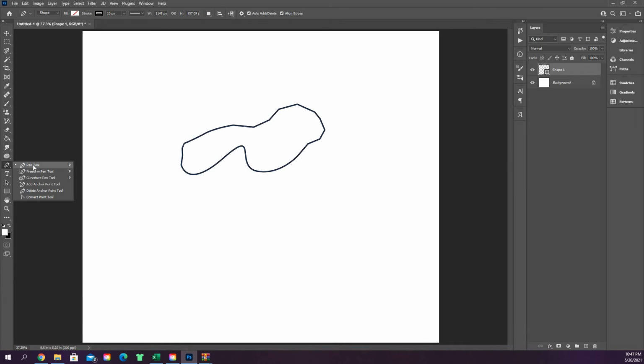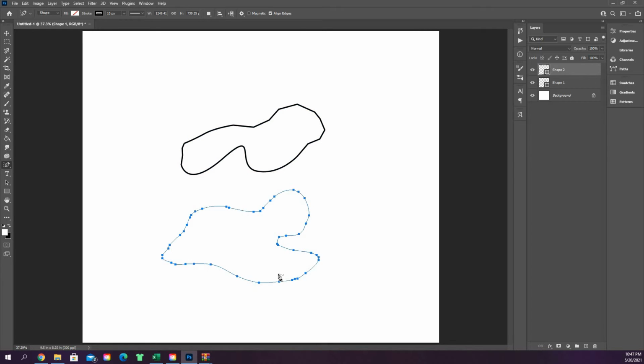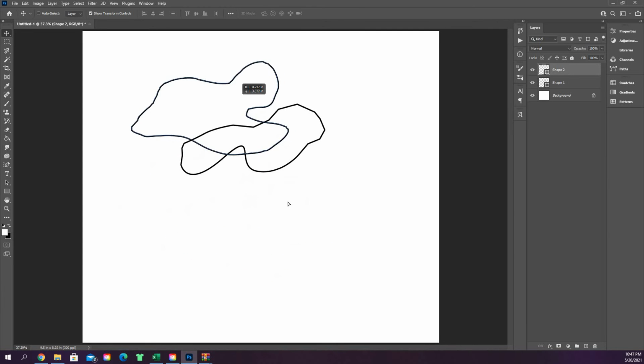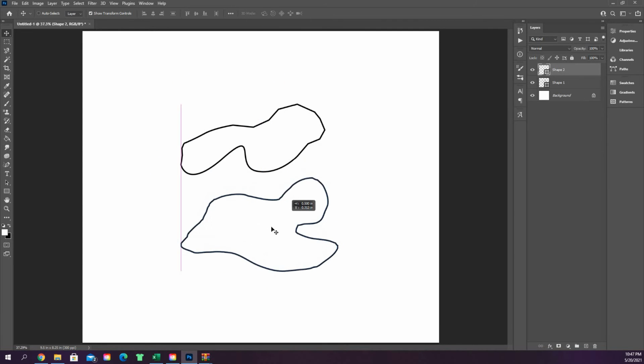So you've got the standard pen, and then you have the freeform pen. The freeform pen doesn't create those little dots. You literally just draw whatever shape that you want to draw and connect the lines back together, and then it will generate that shape for you, whatever you drew. So you have this little random weird shape here that I just squiggled on there,